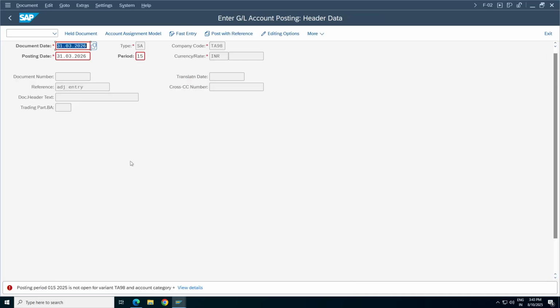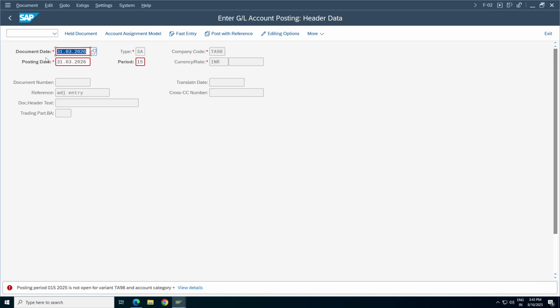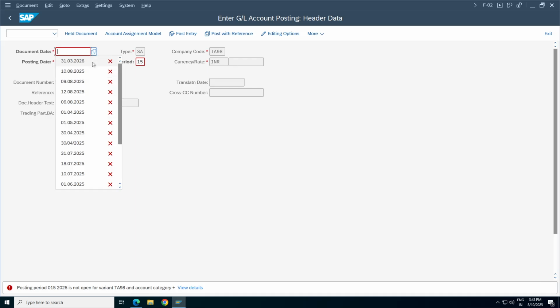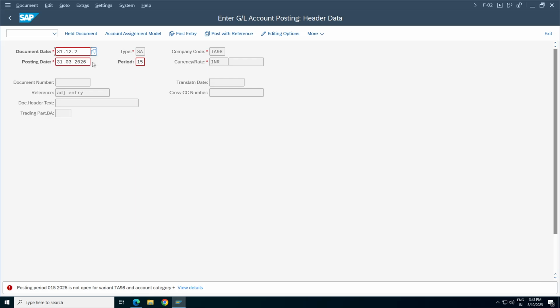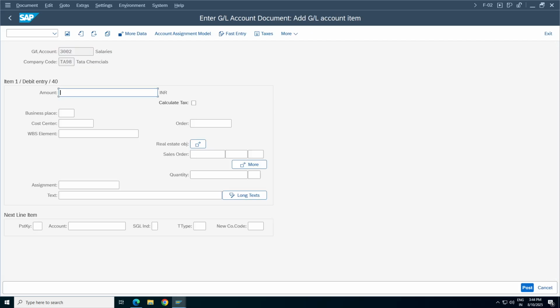Now here press enter, or else if you want to make something sense here, so for the December period you can give some December period here. So 31/12/2025. This is my internal understanding. So adjustment is for the December period, and of course this should be always March ending. Press enter here. So system, that's fine. Press enter. So you can adjust some value, post the transaction.